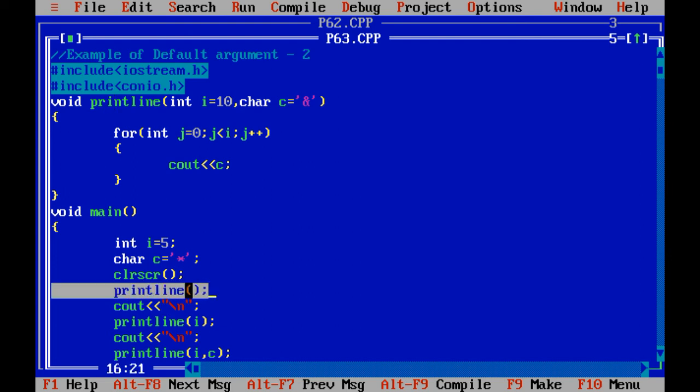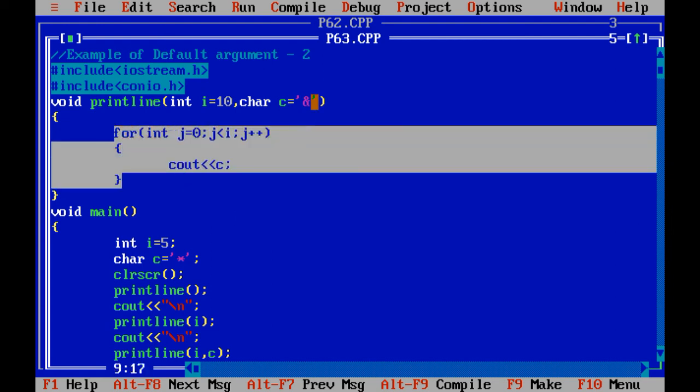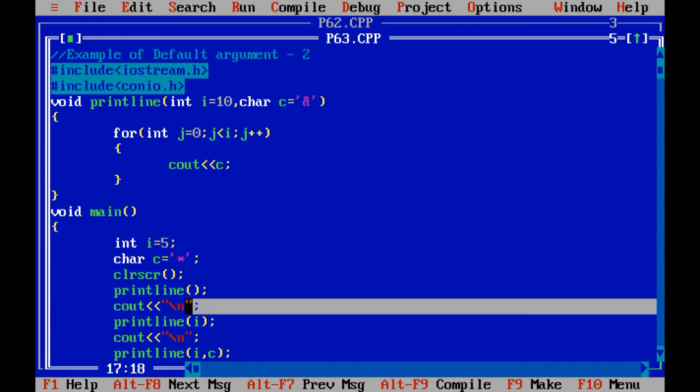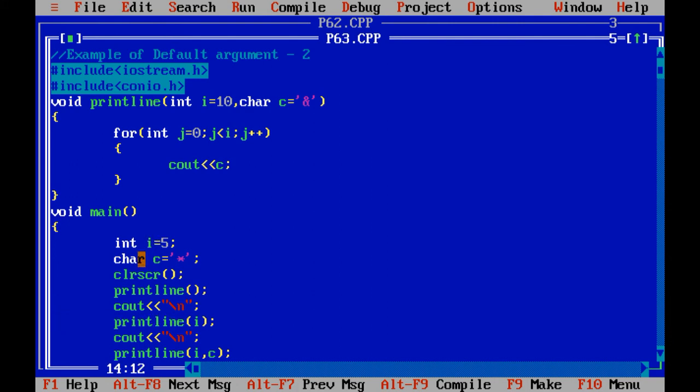In that I have not passed any values, so it will directly consider the default value of i, that is 10, and character c equals to ampersand. So it will print 10 times the ampersand sign on the screen using the first function, right? Then it is time for the \n code. So a new line is there, again the printline function will be called, but this time I have passed the value of i as 5.